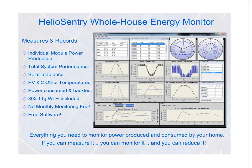Here you get real-time monitoring of your home's power consumption. And if you really wanted to get ambitious with the data, it can be exported out in comma delimited text format and drawn into a spreadsheet, and then, boy, can you manipulate it from there. Now, this is optional, but we obviously recommend it. The power line communications from the AC modules communicate directly with the heliosensory,